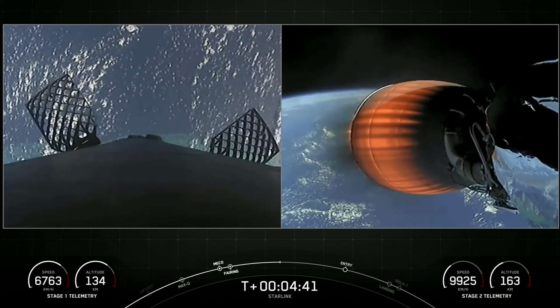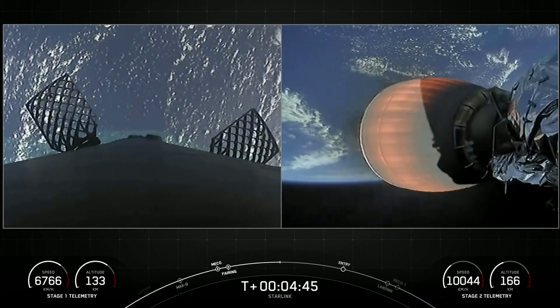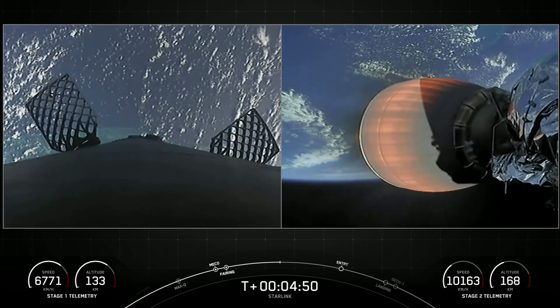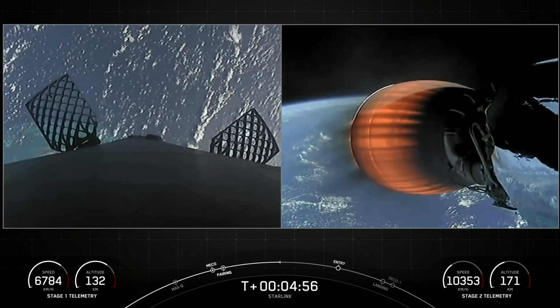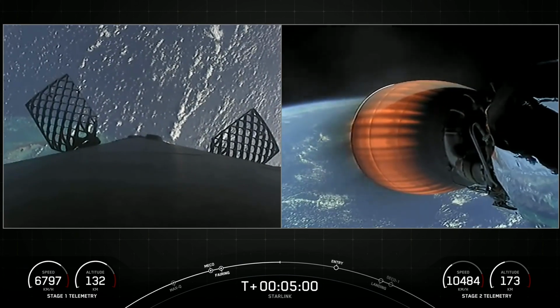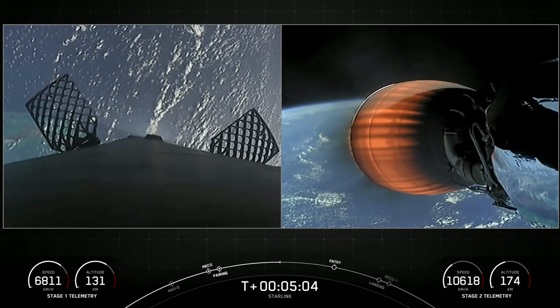Stage 2 is still looking good on a nominal trajectory. On your left-hand screen, you can see those grid fins on the first stage, helping to guide the vehicle back to its landing zone. Now, if you're just now joining us, we've had a successful liftoff of Falcon 9 from Cape Canaveral Space Force Station, Slick 40 today. Right now, you're looking at a live view of Falcon 9's second stage on the right-hand